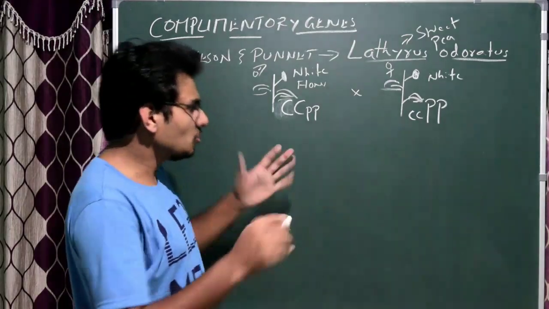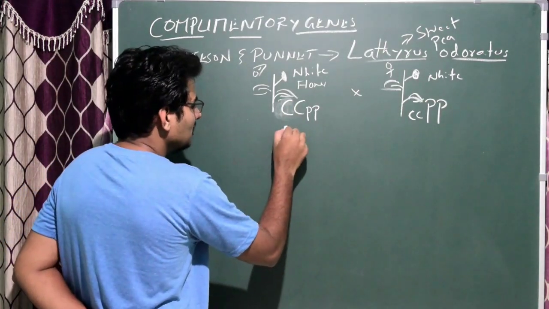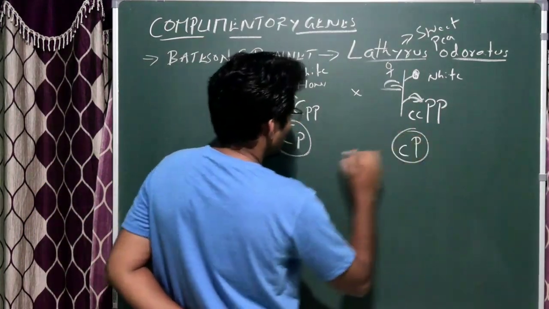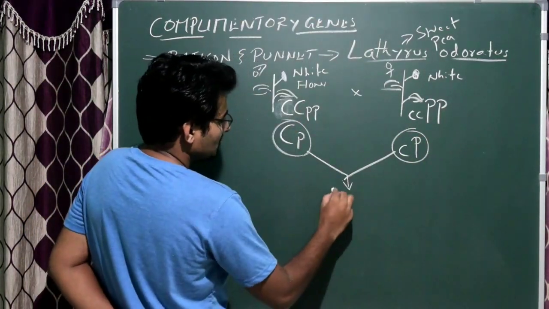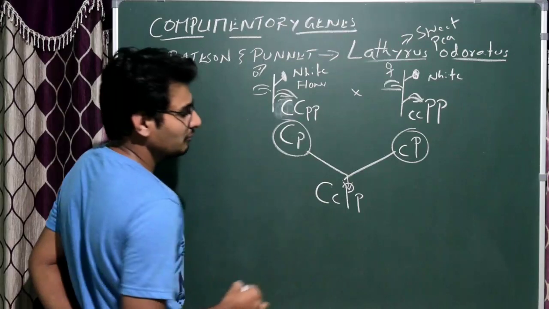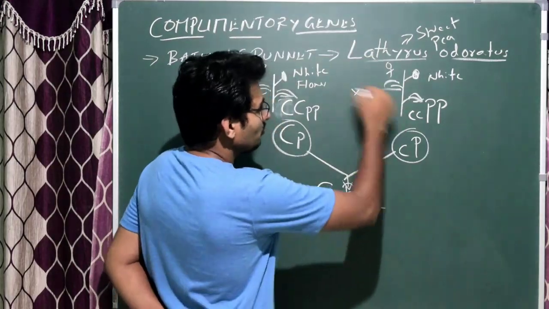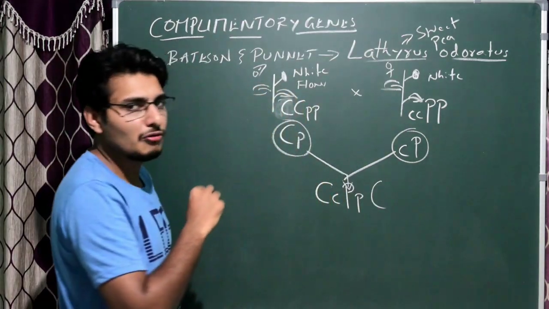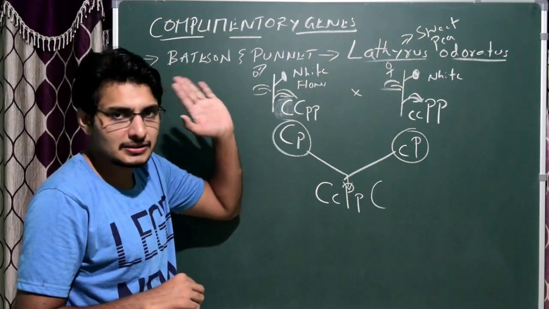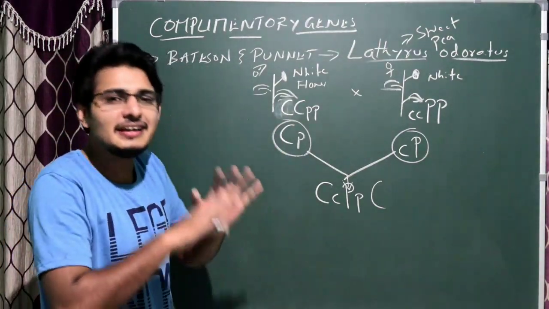Let us see that. Okay, so we see it. What I do is first we just take the gametes, possible gametes. You know that there is only one possible gamete. In this case this is the gamete. Okay, so the fusion of these gametes will result in the formation of this type of genotype, which is now heterozygous. Okay, so here what we write is because of the cross between the white flower, that is Lathyrus odoratus, with another white flowered Lathyrus odoratus, in F1 generation Bateson and Punnett actually got an entirely different phenotype.